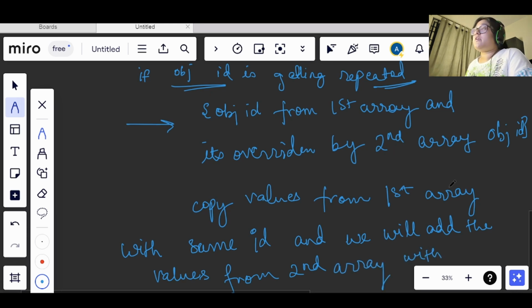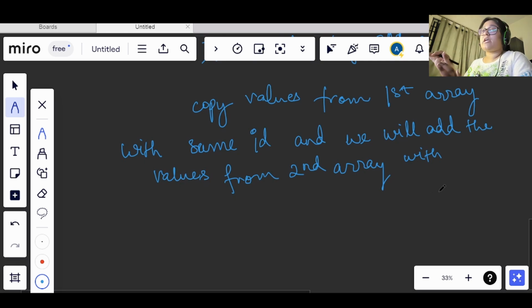Now how is it possible to make an object inside the object in such a way that the values are getting overridden, and also the data is not getting lost? Okay, so let's say we have created a new object where we'll be storing the data. Why are we using an object? Because we need the IDs, right? We will use that ID so that we can store the values ID-wise. So we will create an object; let's say we have obj as the object.